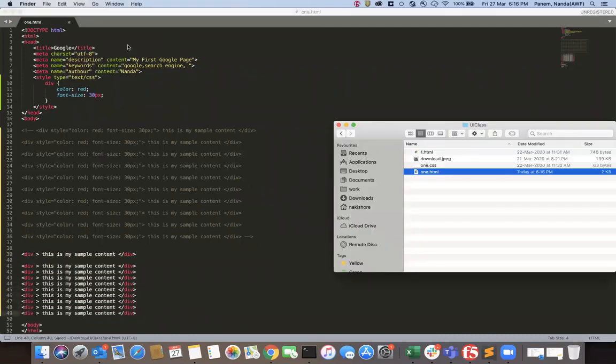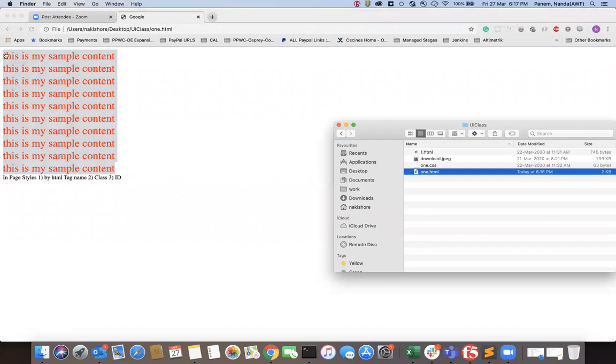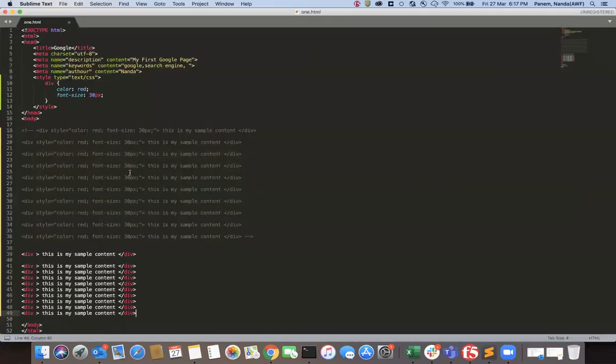I have provided a couple of div tags, and let me execute this. See here, for all the divs, the same style is applied. Okay, like this, we can apply some stylings for an HTML element, that too by using the HTML tag name. See, as soon as div is there, it is responsive. A div is always responsive because it takes 100% by default. If you are increasing or decreasing, it takes 100% of the page.